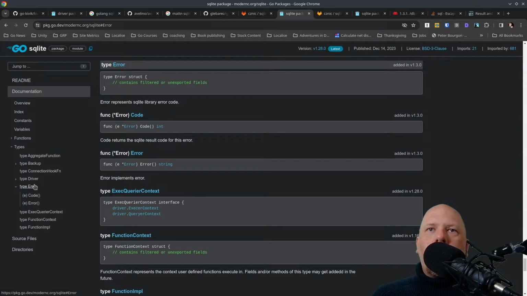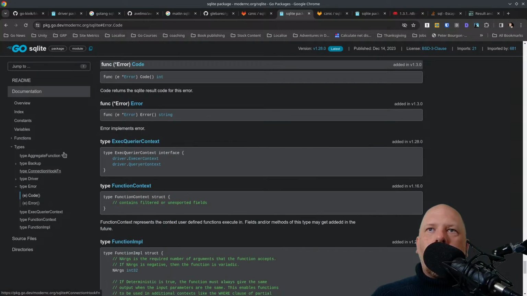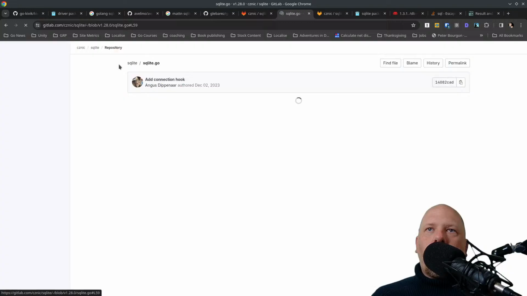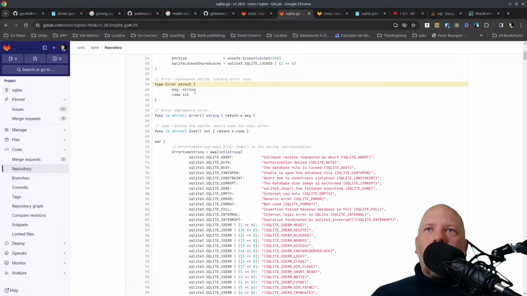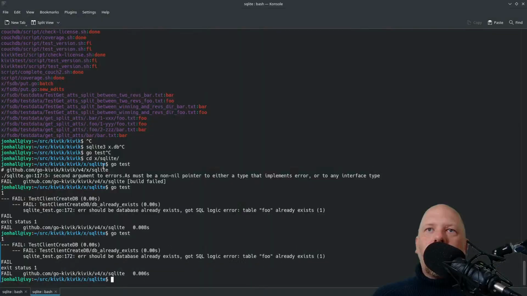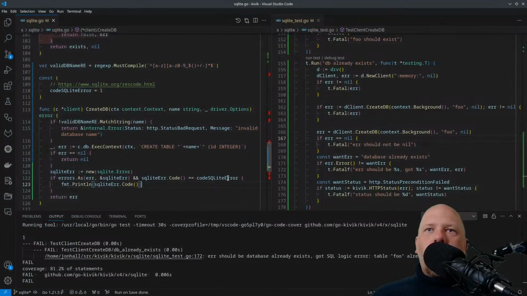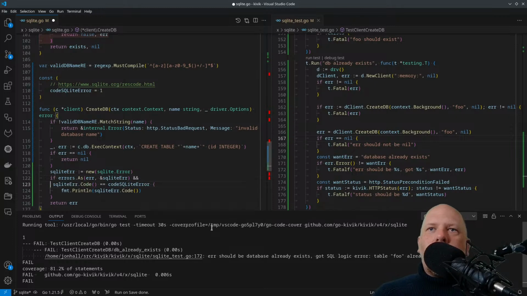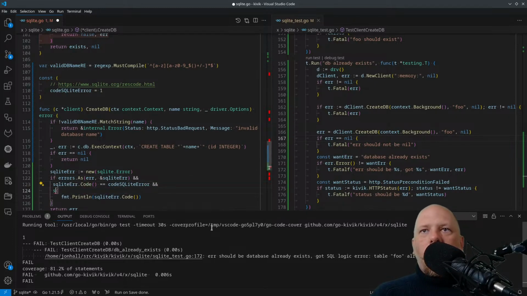Here, I get code. This is a numeric thing. How about I get the string? So I guess I have to do some string comparison, which I hate. That's all it even has internally. All right, so we'll do this, and I'm going to break this to different lines. And strings dot contains